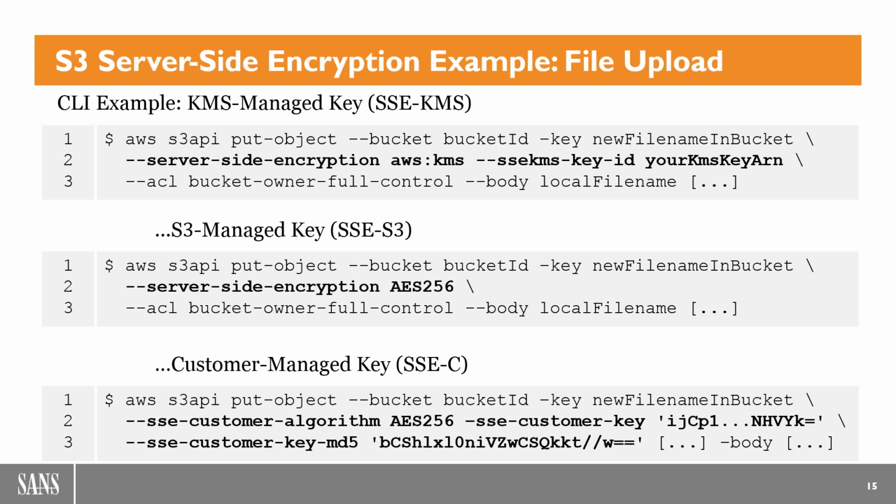And then finally on the bottom you've got customer provided keys, and as you can see there, when you upload the object, you're actually having to provide the key, because the keys do not reside and are never stored in plain text in AWS. So you have to provide the key to upload the object, and you will have to provide the key to decrypt the object. The last line there is just an MD5 hash of the key, base 64 encoded, not base 64 encrypted, but base 64 encoded, just as an integrity check. So there's some examples.